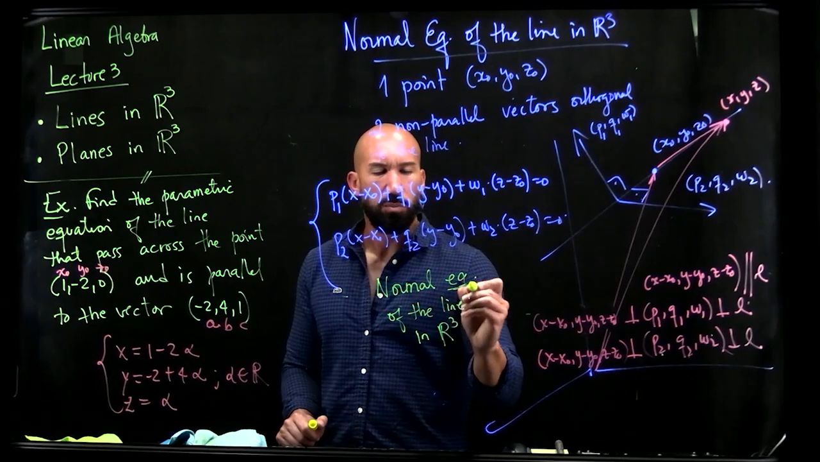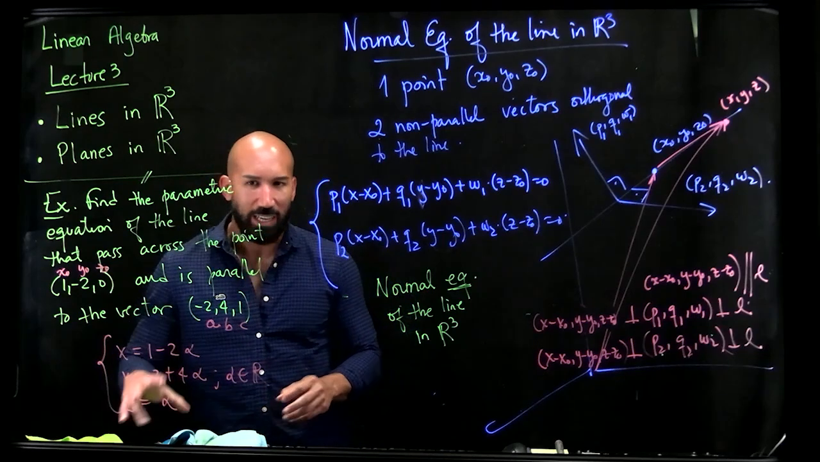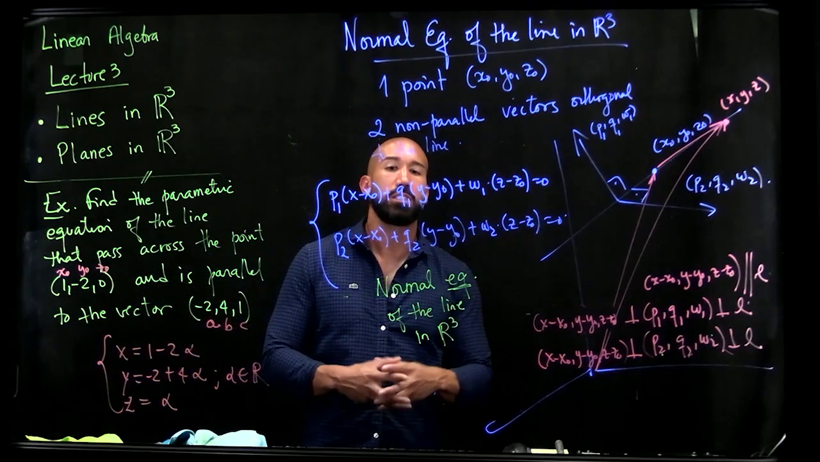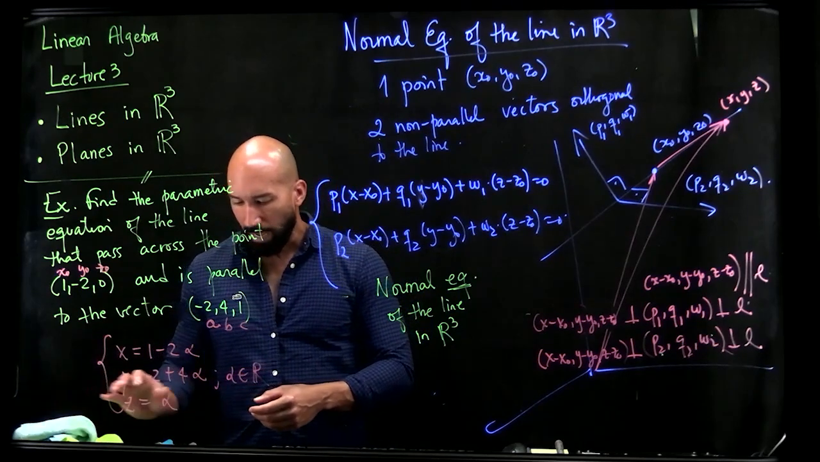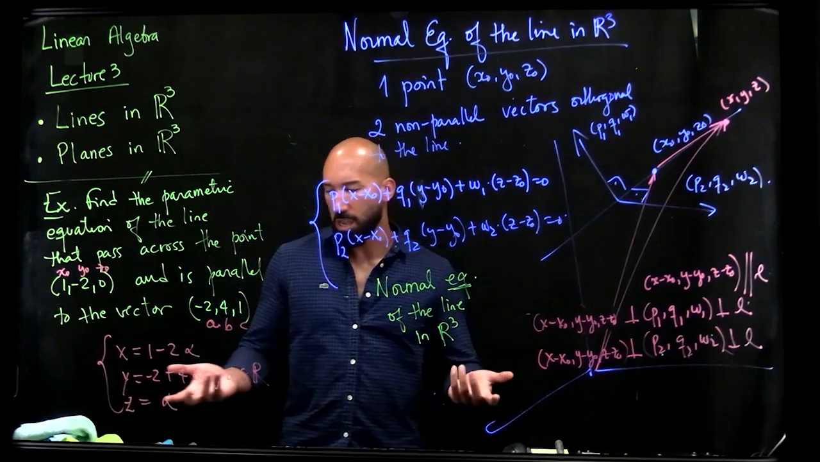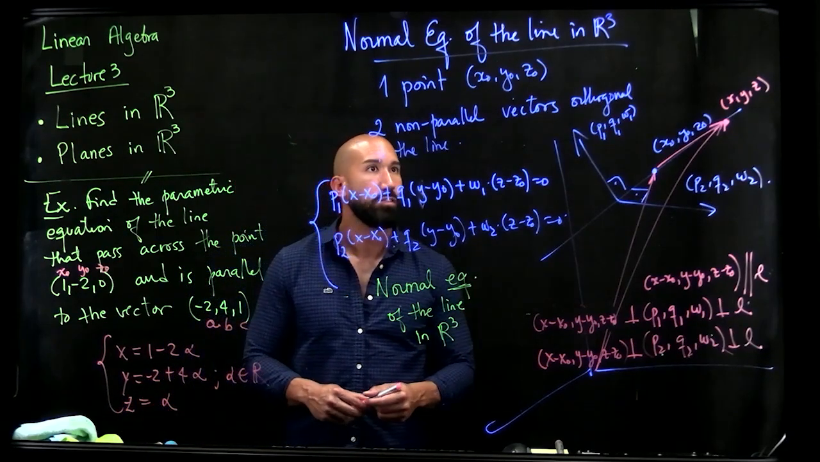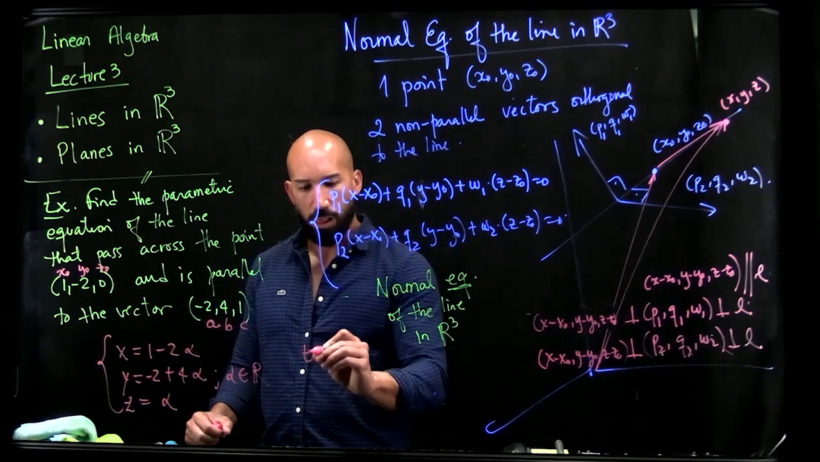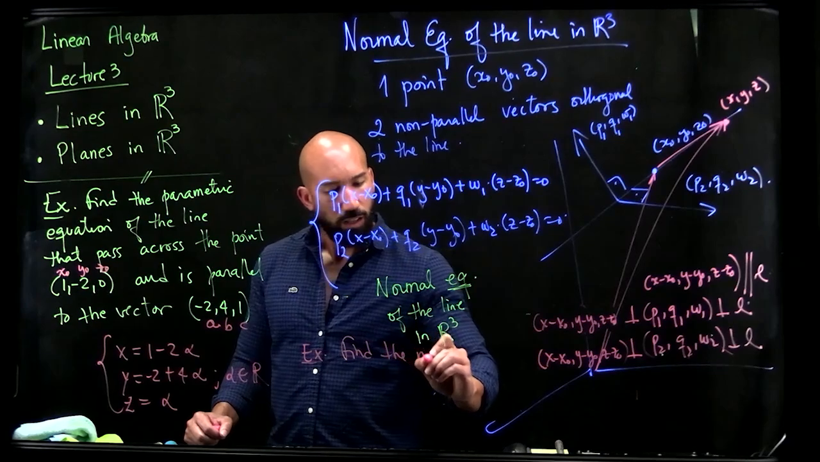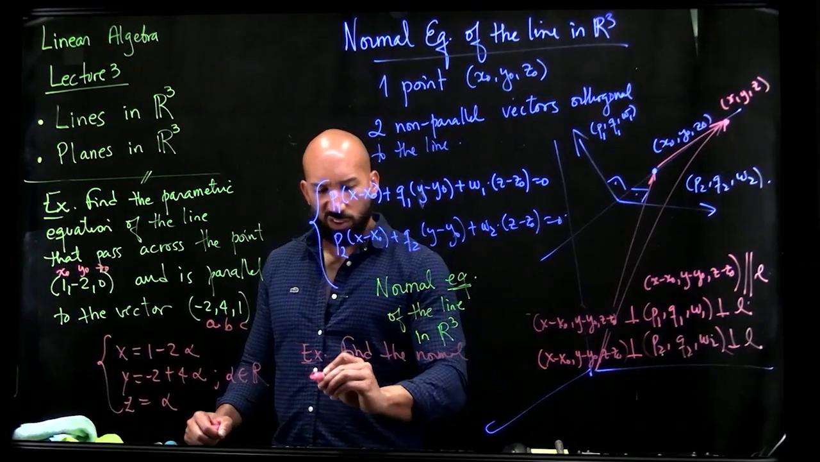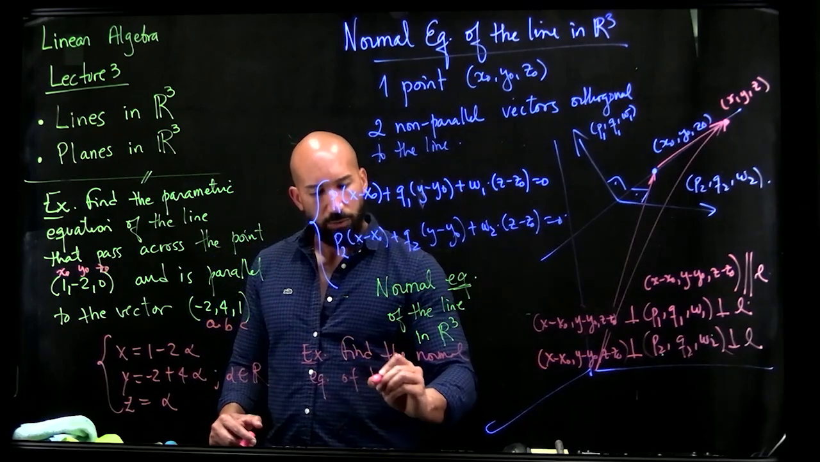And I'm using a little bit because I have 2 equations. So it's basically the normal equation is going to be a system of equations for the line in R3. Is that okay? Again, a very simple exercise. Exercise: find the normal equation. I'm going to continue abusing the language a little bit of the line